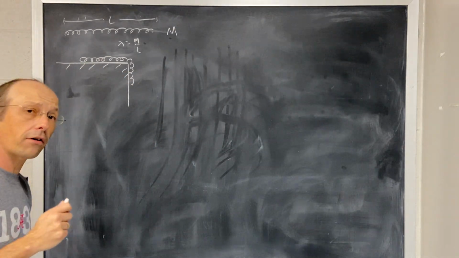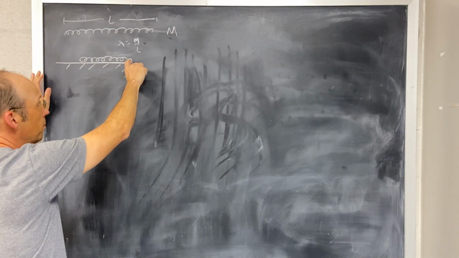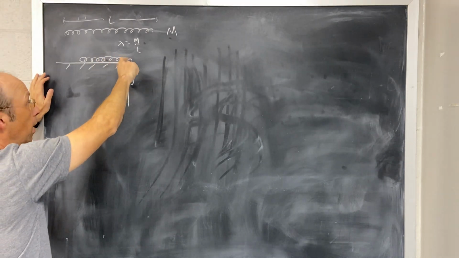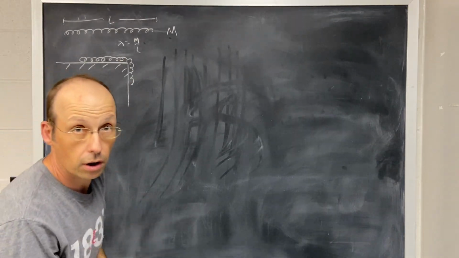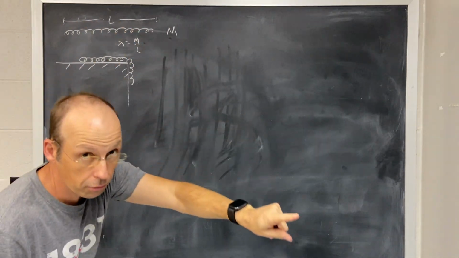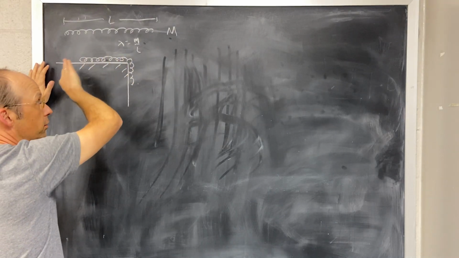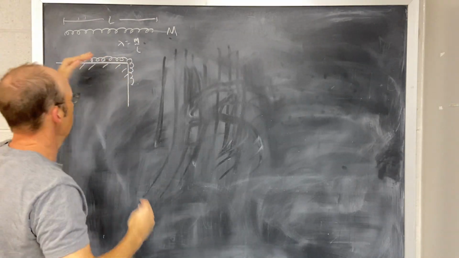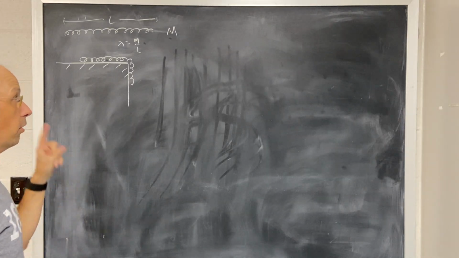Now, this is not a real chain, because imagine if a real chain starts sliding off, there's a gravitational force pulling on the hanging part, and a normal force that balances the part up there. But as more and more of the chain hangs over, there's a greater force pulling it down, so there's less weight pushing up, less normal force. And as this thing speeds up, it has some horizontal velocity too, so it's not going to do this nice simple motion, it's actually going to slide and fall off too. That's a really cool problem, and I'd like to look at it later,